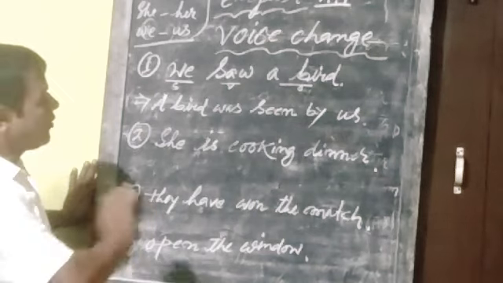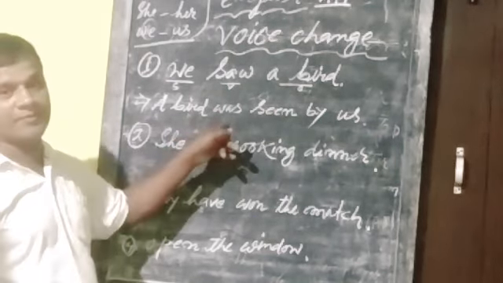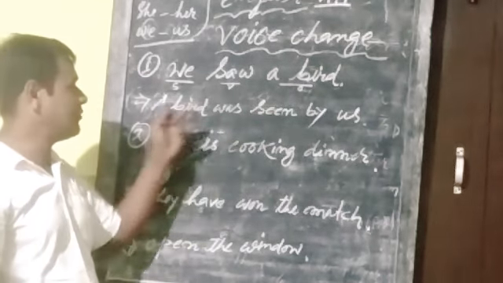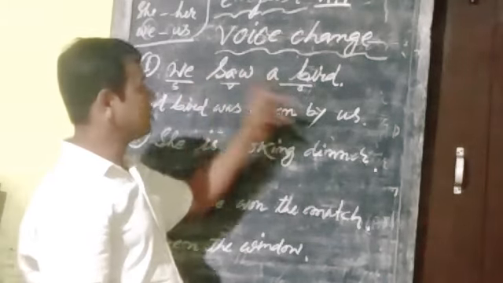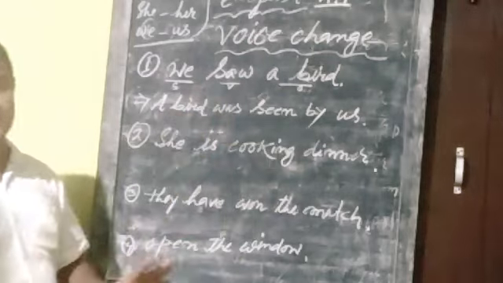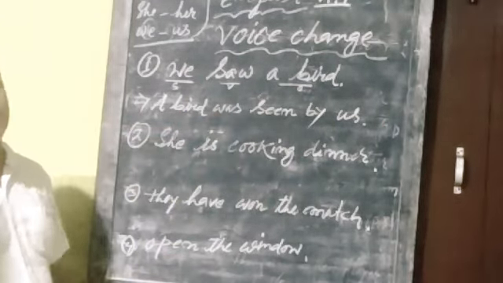Okay. All are same. Only difference is in auxiliary verb. Other formulas are all same. Subject will become object. Third form of the verb. Subject will go in place of object. Object will come in place of subject. Third form of the verb. All are same. Only auxiliary verb is different.